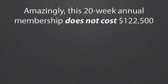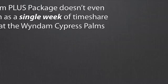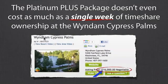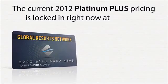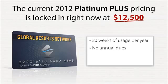Amazingly, this 20-week annual membership does not cost $122,000 like the 10-week Wyndham package we just looked at. In fact, the Platinum Plus doesn't even cost as much as a single week of timeshare ownership at the Wyndham Cypress Palms, which, as you can see, is $16,000 plus maintenance fees. The current 2012 Platinum Plus pricing is locked in right now at $12,500, and this package grants 20 weeks of usage per year with no annual dues,